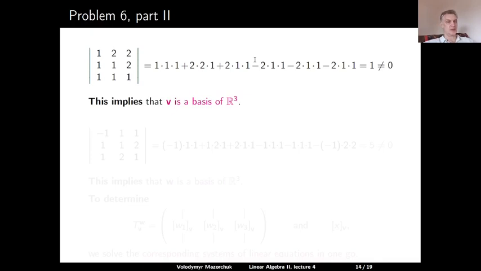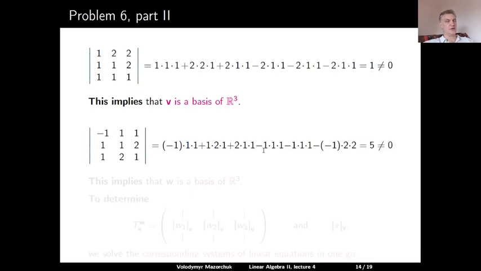and this implies that V is a basis in R3. The second determinant is the matrix column-wise minus 1, 1, 1, 1, 1, 2, 1, 2, 1. So these are our vectors W1, W2, and W3. So this determinant is equal to minus 1 times 1 times 1, plus 1 times 2 times 1, plus 1 times 2 times 1, minus 1 times 1 times 1, minus 1 times 1 times 1, and minus 1 times 2 times 2. When we compute this, we get 5, which is non-zero, and this implies that W is a